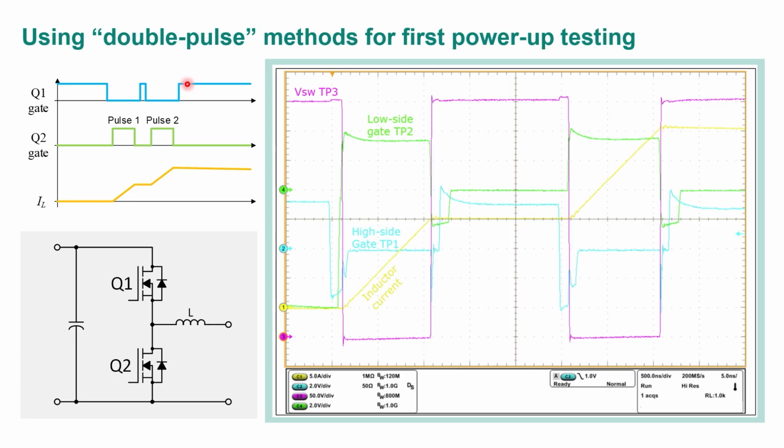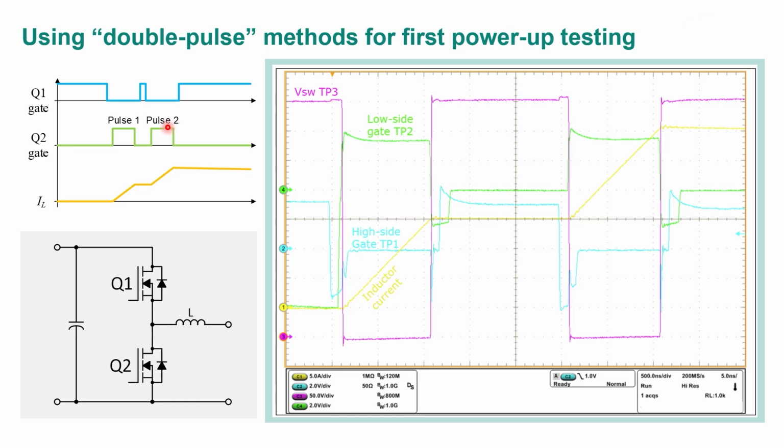So I mentioned this double pulse technique. When we evaluate power transistors in our lab, we often use this technique called double pulse in order to exercise the power transistor through its entire range of voltage and current and see how it behaves in switching and so on. The same kind of technique is helpful when you first power up a circuit because you don't know that everything is working properly. Maybe it's not best to start by trusting your controller and software are all working perfectly.